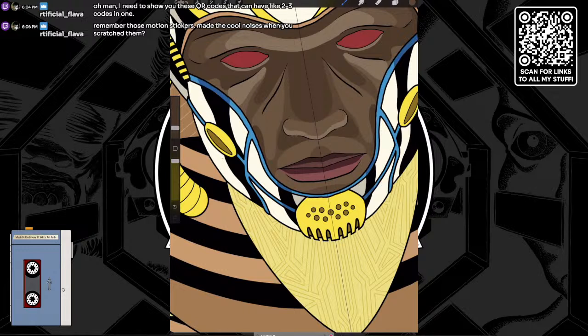Remember those motion stickers? Oh yeah, sure, I remember those. Speaking of throwback stuff, you missed it earlier. I was talking about Press Your Luck, the game show with the whammies. That's some throwback material right there. But yeah, I remember those. Stickers, I remember having a few years where every type of sticker gimmick there was happening. It was kind of neat. I always liked the idea of the sticker stuff, but like most things, it fell out of favor.